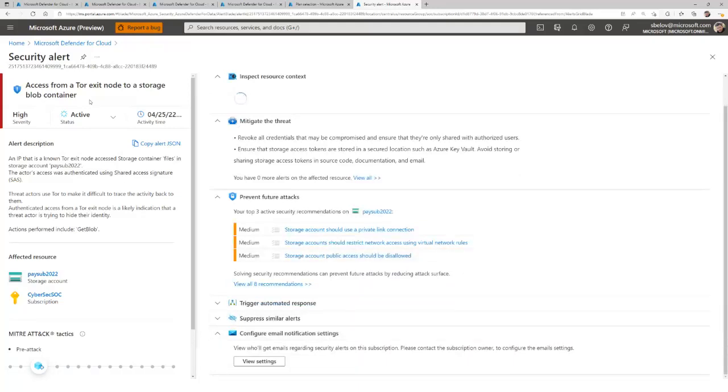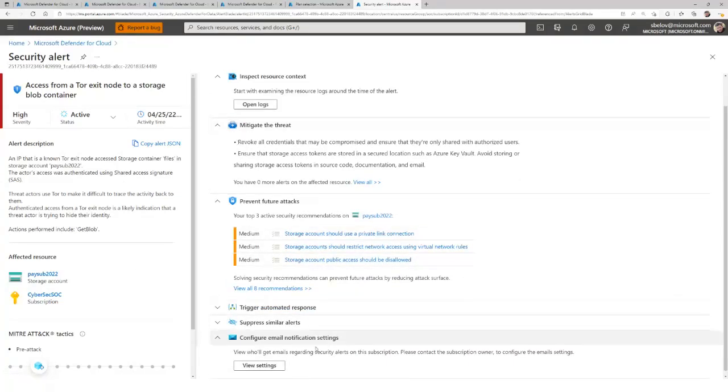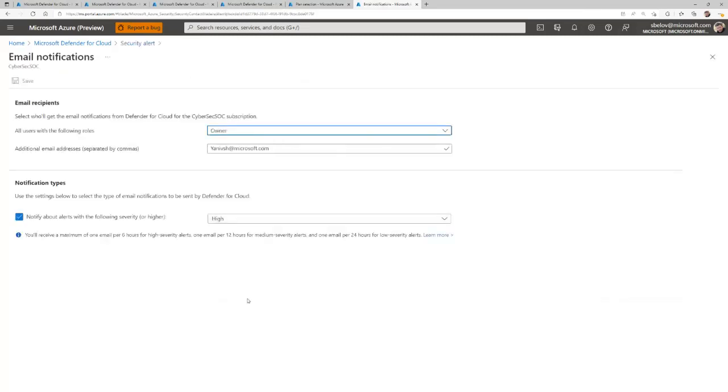So for the alert, right from the alert, now you can see who will be notified for this particular alert. If Defender for Cloud detects certain malicious activity, who will be notified by Defender for Cloud? You can just click here and it will take you to this old email notification configuration page,